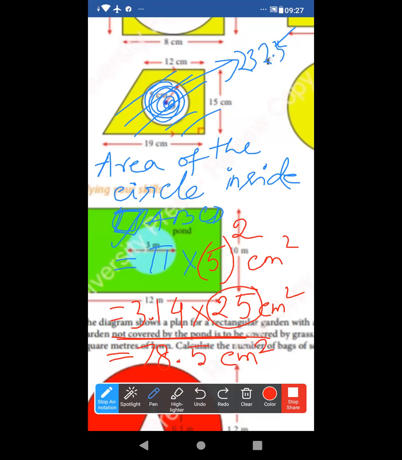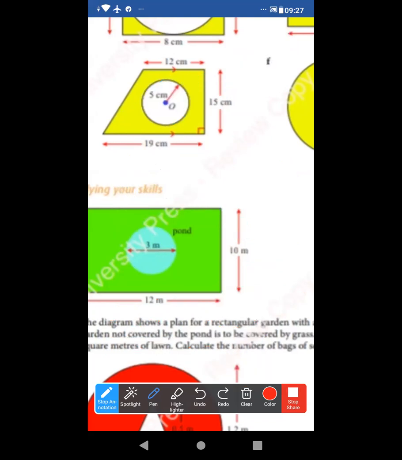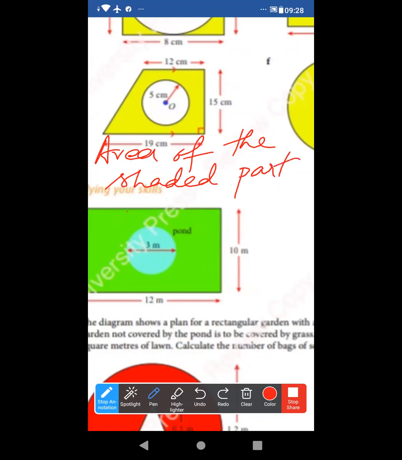Now just look. This one is the area of this circular part. Now we have to subtract, we have to remove this circular part. So subtract this. Now just write: area of the shaded part, or shaded region. And the answer is coming